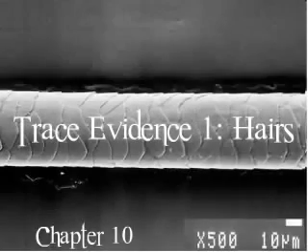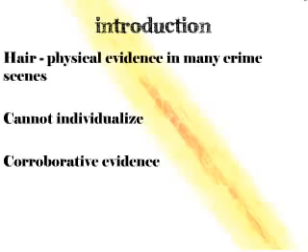Forensic examination of hair. Hair is encountered as physical evidence in a wide variety of crimes. It is not possible to individualize a human hair through its morphology or structural characteristics, but through the isolation and characterization of DNA present in the hair. However, the morphology or structural characteristics of hair can provide strong corroborative evidence for placing an individual at the crime